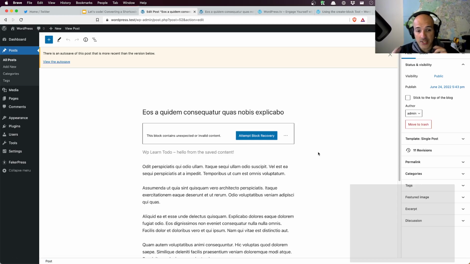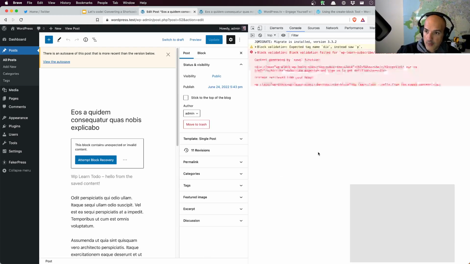So this might be a good thing to actually leave. Note to self, this might be good for the block course as well. So this happens when the save function has been changed and the code in the edit function and the code in the save function are different. So the block editor is trying to load the code from the edit component, and the output from the edit component is different from what was saved. So it says a problem. And if you have a look at